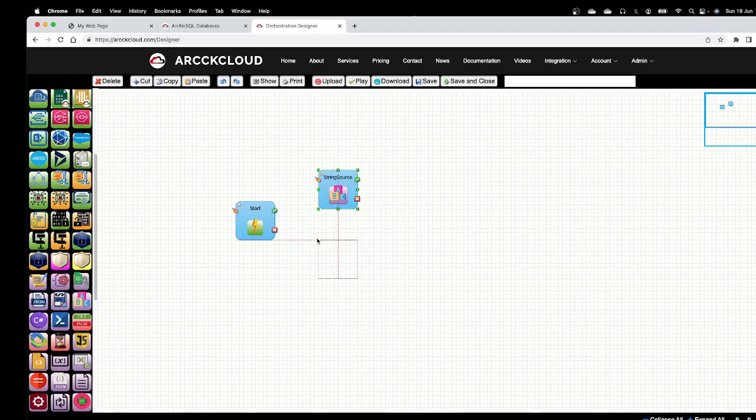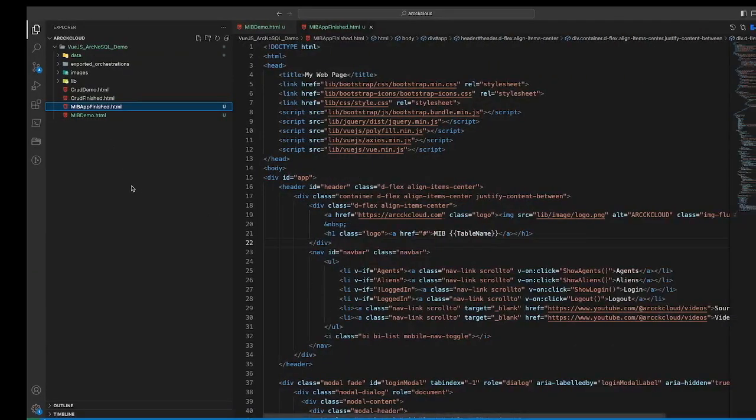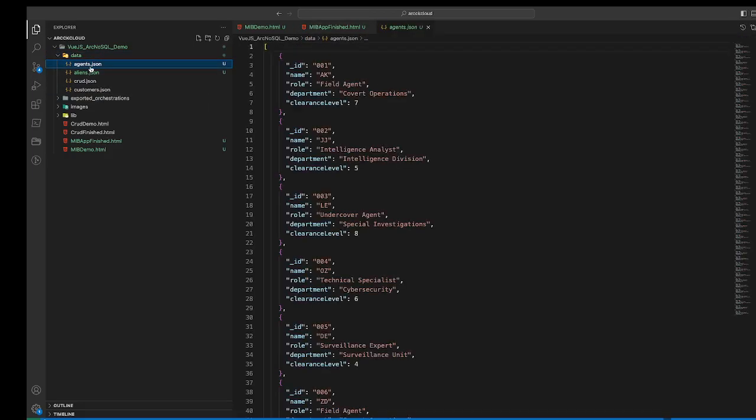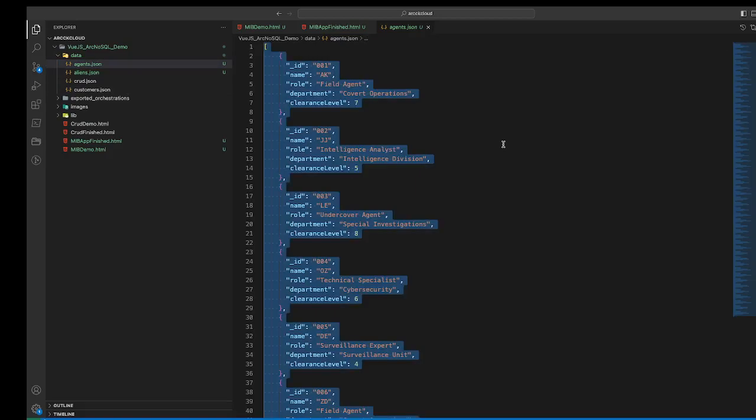In the example source code, you can get the source data. When you download the code from GitHub, the data folder contains the agents and the aliens. So I'll grab the records for populating the agents in the database,